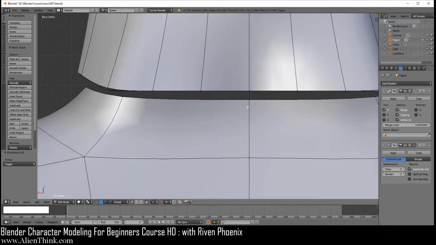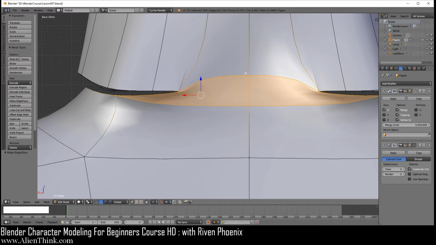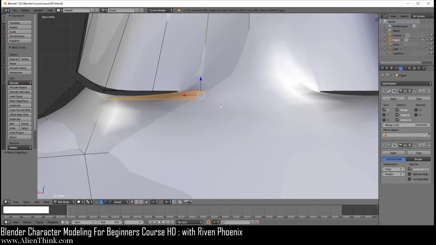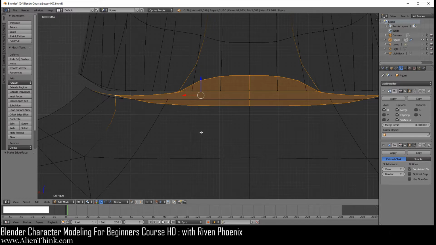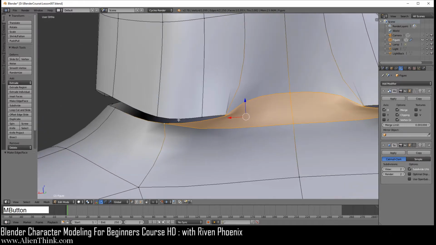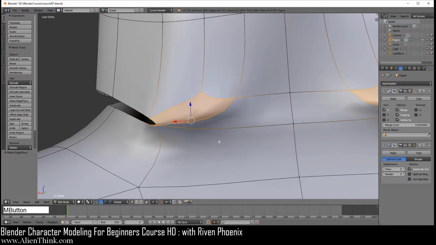So what we're going to do is zoom in a little bit. We're going to click on this one, Shift key down, click on this one, click this one, click this one, and do F, the letter F. And what's going to do, it's going to create a face over here. Now, if you deselect this, you can see actually what's going on. You might have to do wireframe to understand this. But you can simply put this on if you can handle it, meaning that you don't get confused by this. So you can see that this is a vertex here, this is one, this one, and then go ahead and select this one. So you should have them 4 selected. Press F over here. Okay.